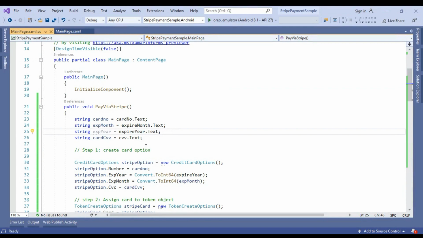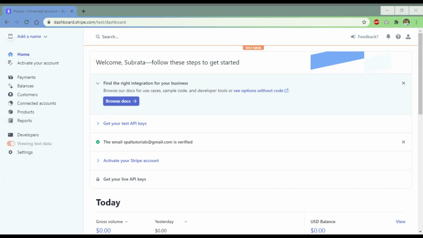Now we have to do one more thing. To create and charge the customer, we need to create a Stripe account. So go to stripe.com and create an account, and after successfully creating the account, you will see this type of dashboard.